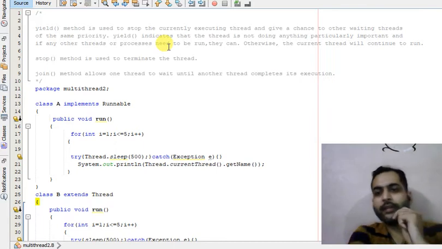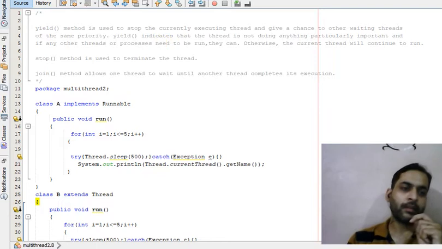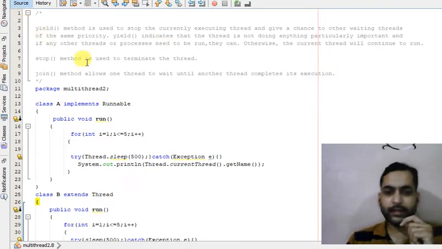See, if there are no threads which are having the same priority, then scheduler may choose to run this current running thread. So let us see how do we use yield method.